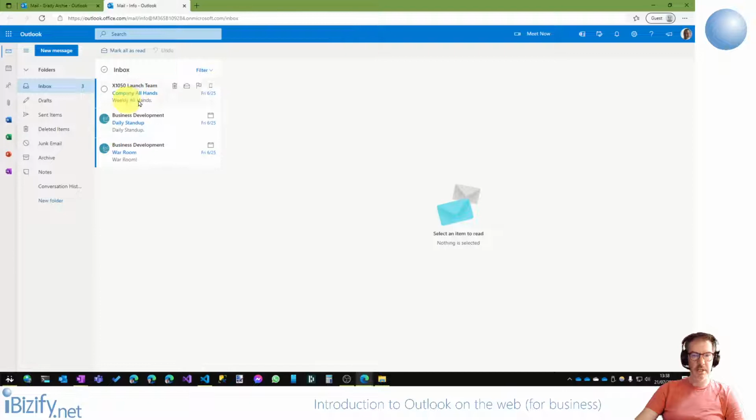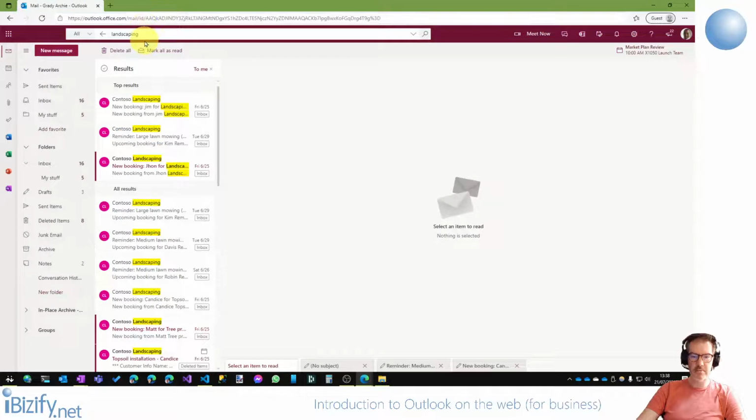This now appears in a new tab, and you can also bookmark the address up here for future reference so that you can get straight to it in future. I'm going to go back to my own mailbox and show you the second way of opening shared mailboxes,